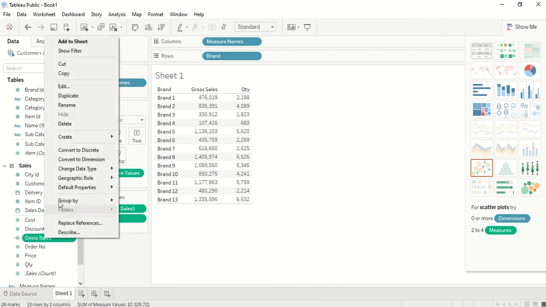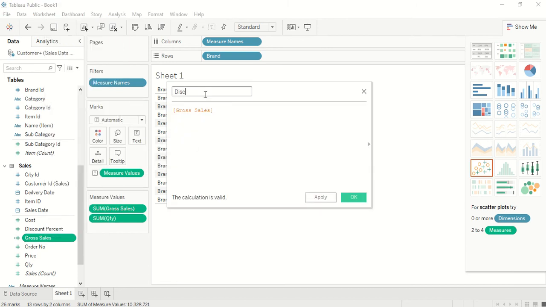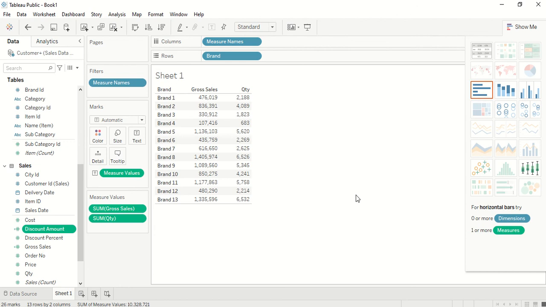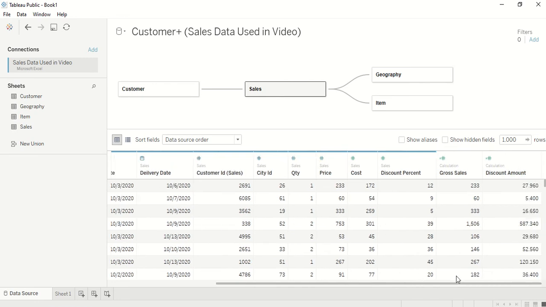So when creating the discount amount, we are going to create a calculated field, discount amount, which is gross sales, and that's why I right clicked on gross sales, multiplied by discount percentage and the whole divided by 100, and let's say 100.0, just to communicate the message that it is a decimal place.